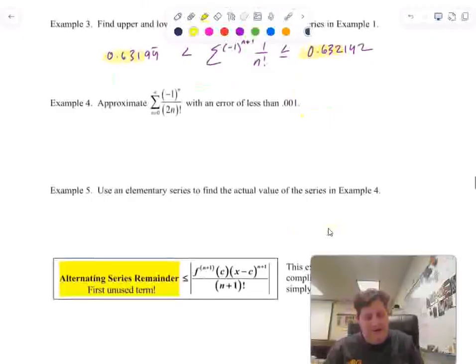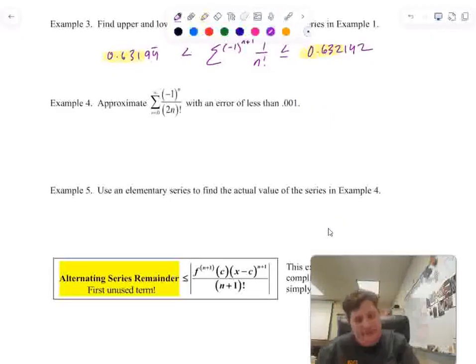Approximate that with an error of less than 0.001. Okay, I'm going to write out a couple of terms of this. Again, this time I'm starting at 0. A negative to the 0 is positive. That would be 1 over 0 factorial. When I plug in 1, it would be negative. That would be 1 over 2 factorial. When I plug in 2, it would be positive 1 over 4 factorial, negative 1 over 6 factorial, positive 1